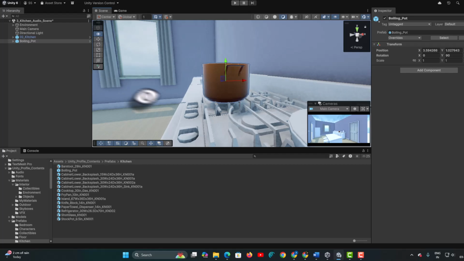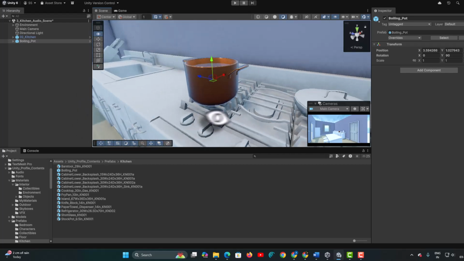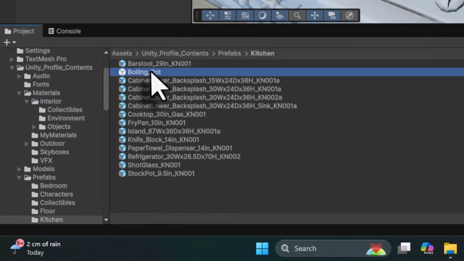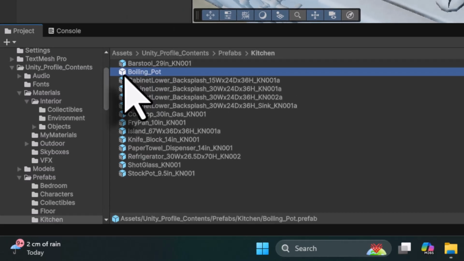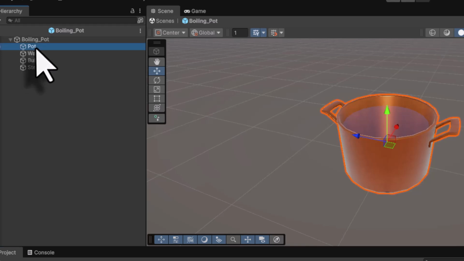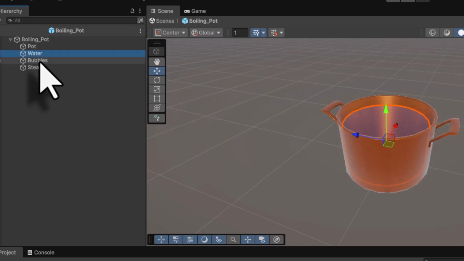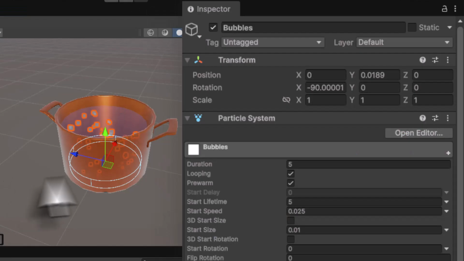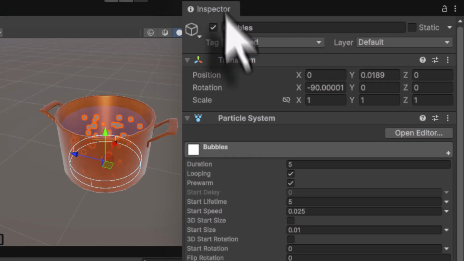Alt left click, turn on the other angle and see that it is correctly placed on the stove. If you select this boiling pot prefab and double click to open it, inside you can see a pot, water, bubbles and steam. When I click on the bubbles, you see an animation running, because if you look in the inspector